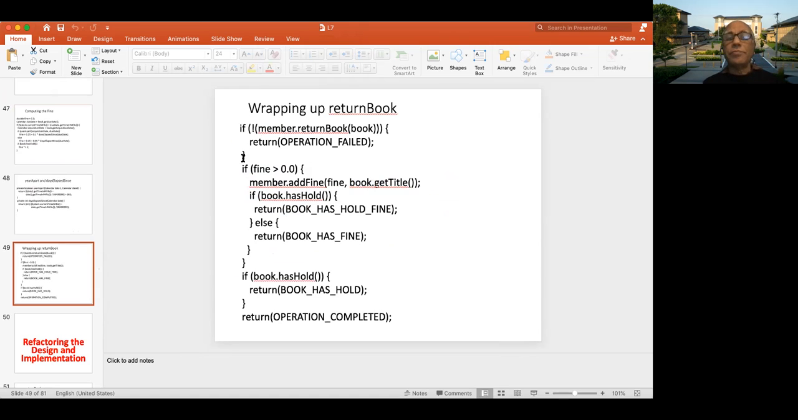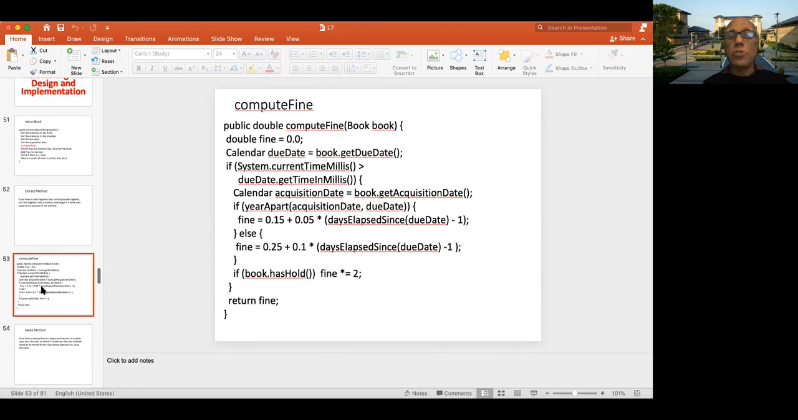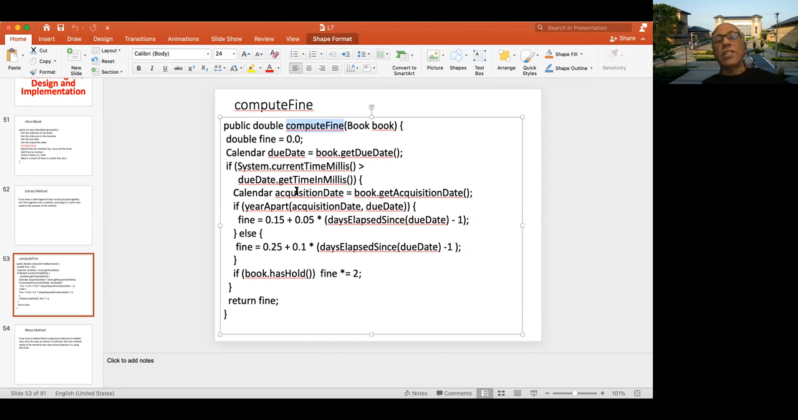And then you would also see that you would do things like, so that is one thing. We create a method called compute fine. Instead of putting all this in the middle of the return book method, extract this as a separate method. The second part of it is that